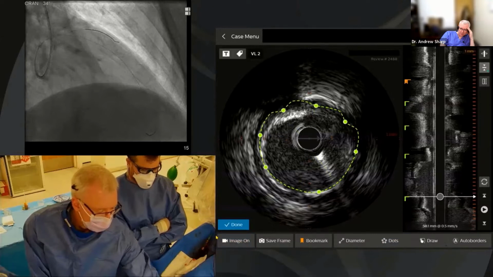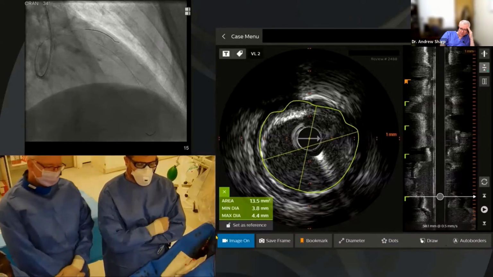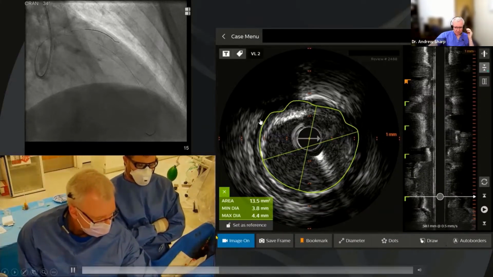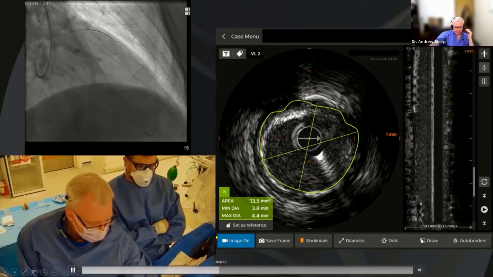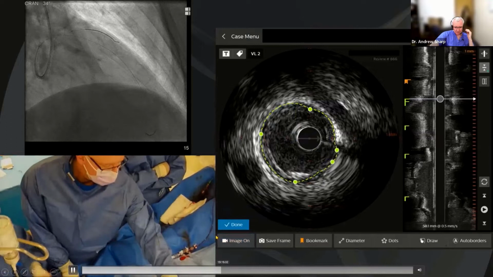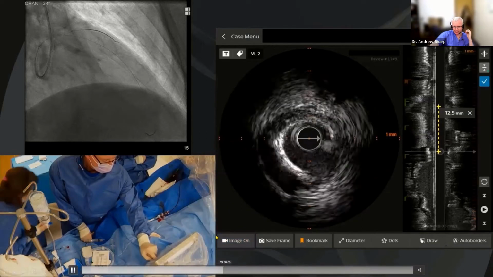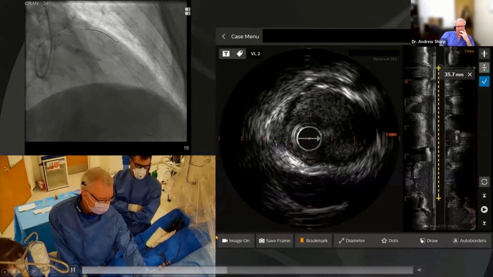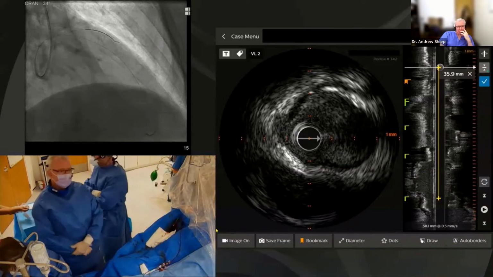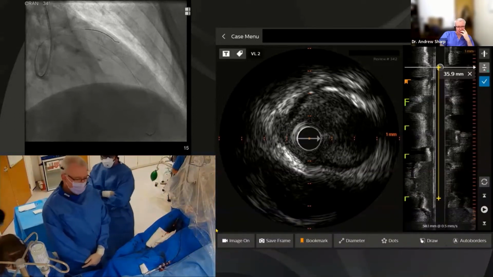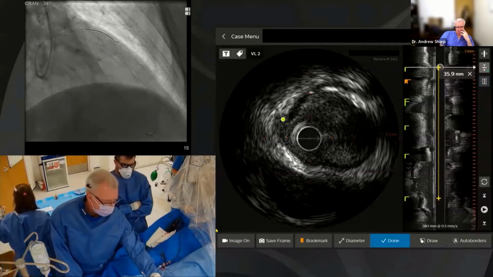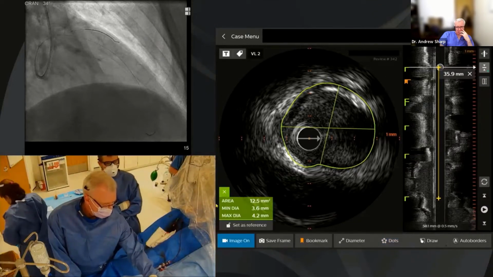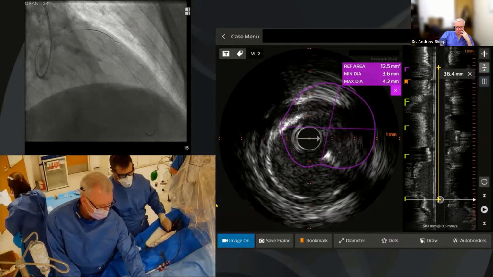And it's around that. Yeah, so in terms of length, what are you thinking? Yeah, so let's say we're starting here as our proximal reference. And our distal reference is about 3. That second run, we haven't gone far enough. There, that's our landing zone. Yeah, that's about right. So, yeah, 30. So our landing zone is there distally. This is the ectatic segment. 3.5 set as reference. And then proximally,